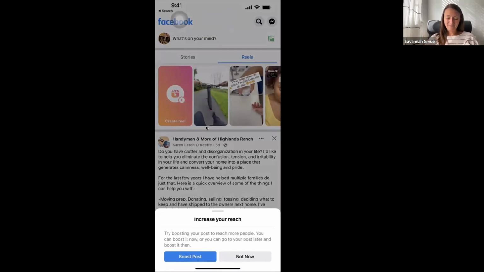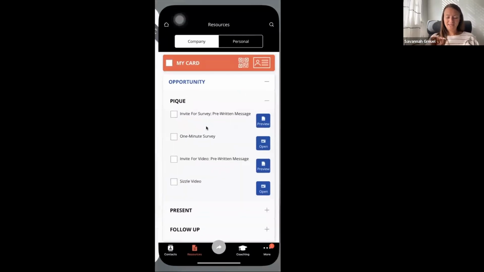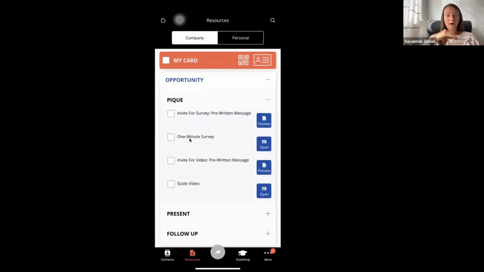So that's an example of how to use social media. You just grab the link from here and post it anywhere you want. You can boost it, however you can come up with creative ways to drive traffic to that survey, because the more people that take it, the more people you have to follow up with. So that's a very powerful way to start generating some new connections with other agents. Because if someone is looking, they're looking, right? And if they're looking for what you have, and you have the perfect answer.